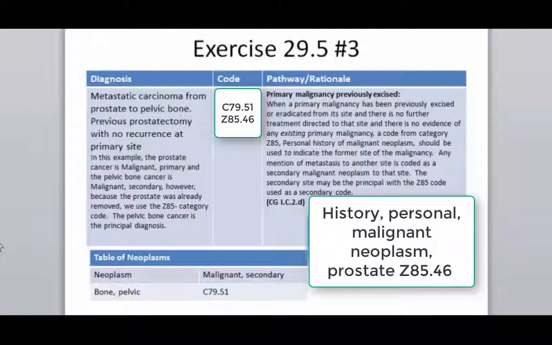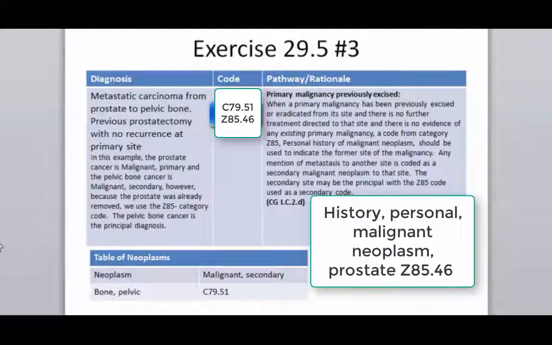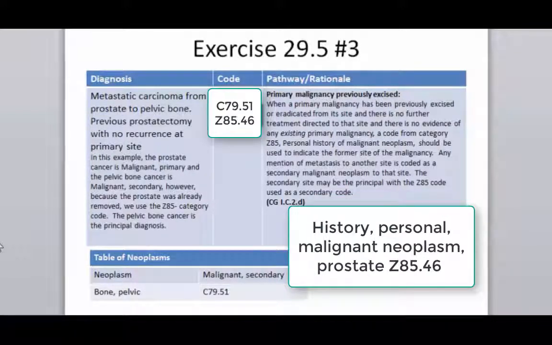However, because the prostate was already removed, we use the Z85- category. The pelvic bone is the principal. And we have a guideline that directly relates to this: primary malignancy previously excised. I'll let you read that for yourself. The Z85 code, personal history of malignant neoplasm, is used to indicate the former site of the malignancy. And then the table of neoplasm is where we would look up the pelvic bone cancer and find